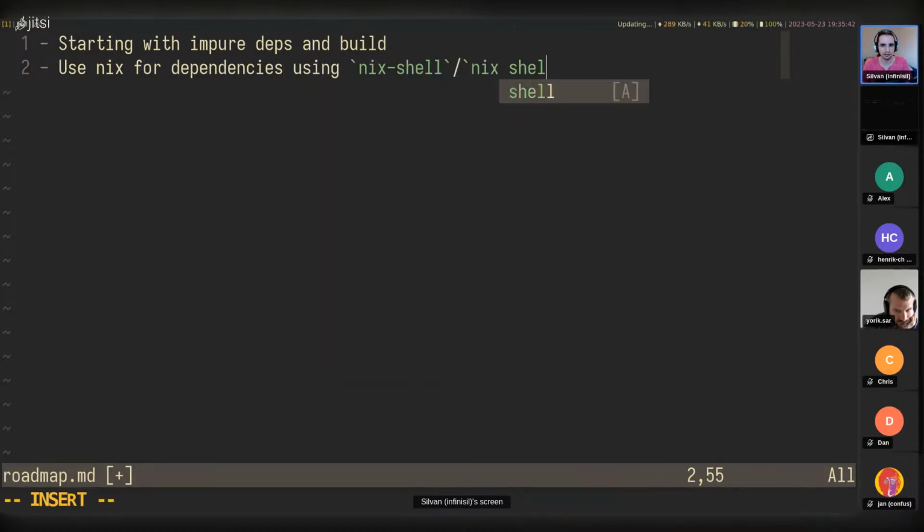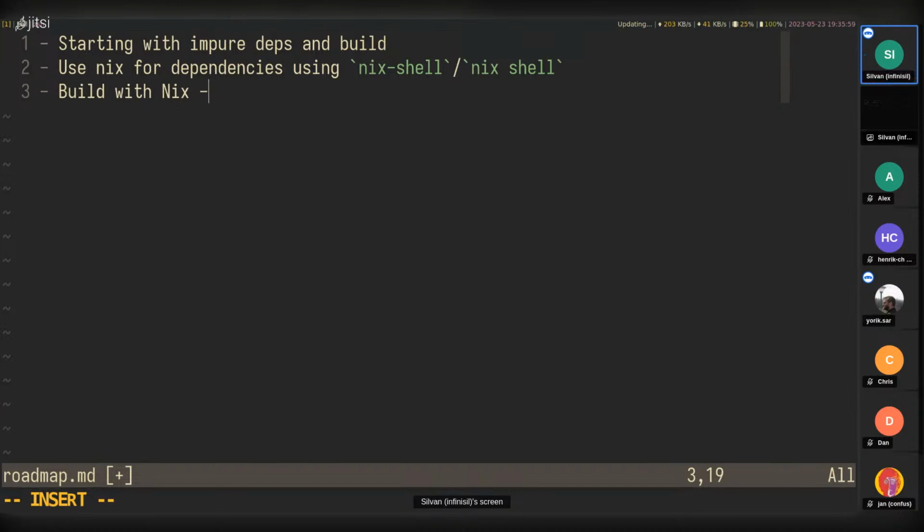And then, on one hand, you want to build something with Nix: a pure build in the sandbox.